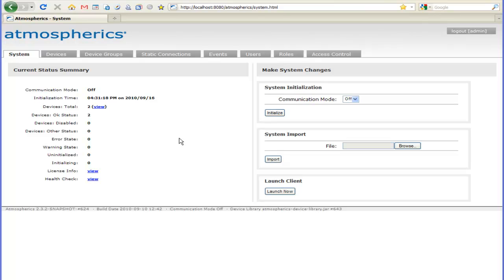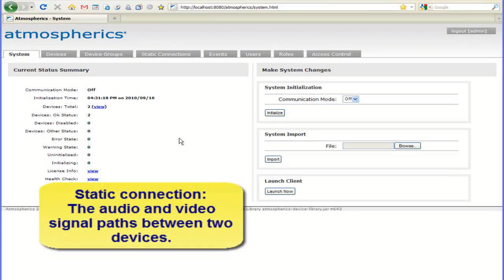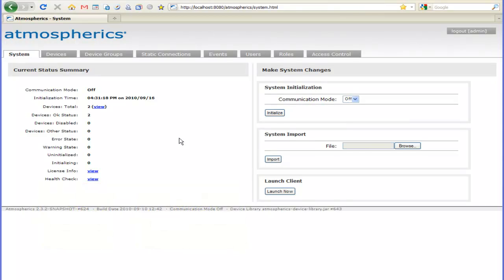In this video, we are going to cover adding a static connection to atmospherics. Static connection is the term used by atmospherics for the video and audio signal paths between two devices. The static connections that are configured in atmospherics model the real-world connections between devices. This enables the software to provide the user with an interface for video and audio routing in the device control